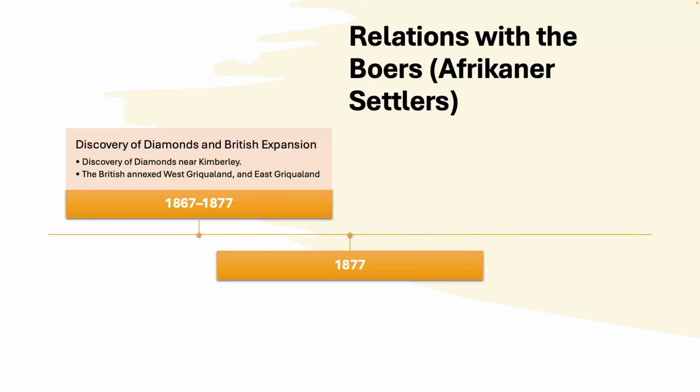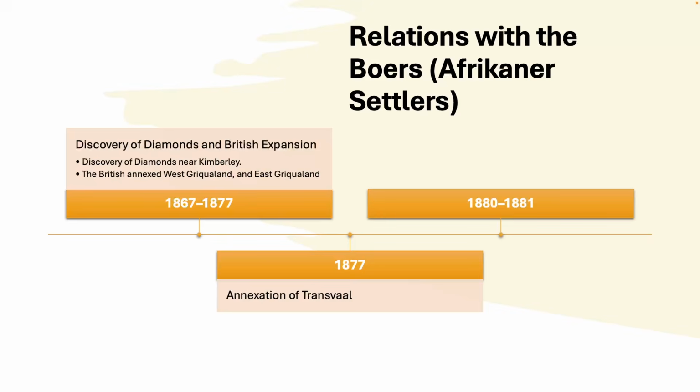We then get to 1877 itself, and as we've noted in the previous lessons when we looked at Benjamin Disraeli, we get the annexation of Transvaal. Facing economic difficulties and external threats, the Transvaal Republic sought British assistance. In 1877, the British annexed Transvaal, citing stabilisation as the rationale for why they did so. And again, this was met with resistance, which would lead to the outbreak of the First Boer War in 1880